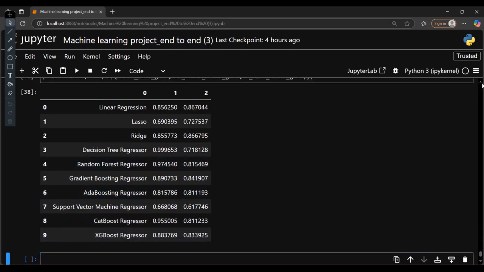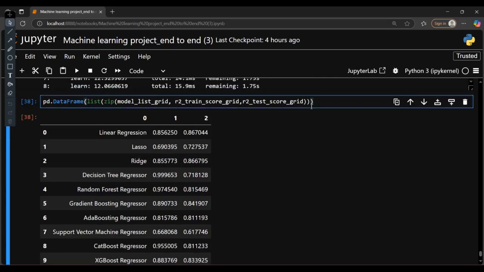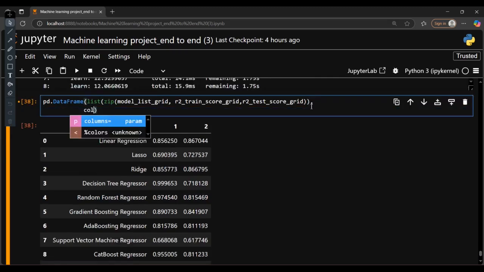And I am also giving the column names. The first column is the model name, the second one is the R2 train score, and the third is the R2 test score,